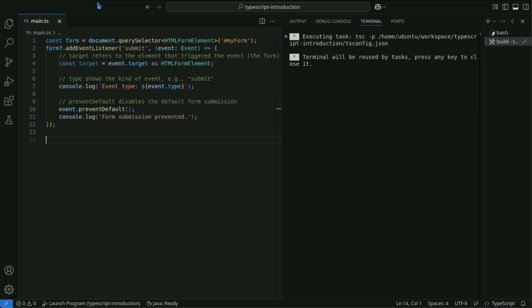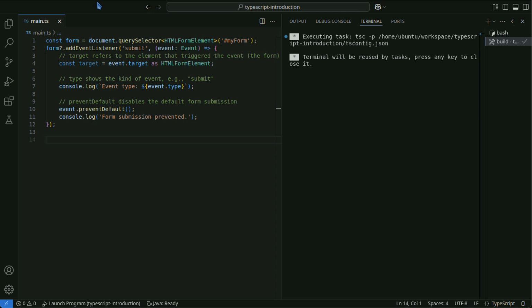The target property represents the element, the event target, on which the event occurred. Type represents the type of event that occurred, such as click or input. The preventDefault method cancels the default action of the event.